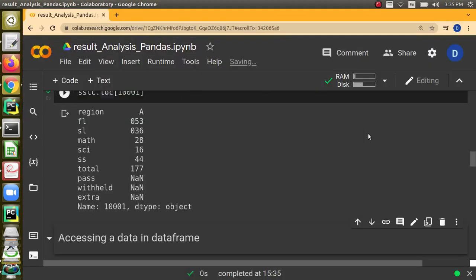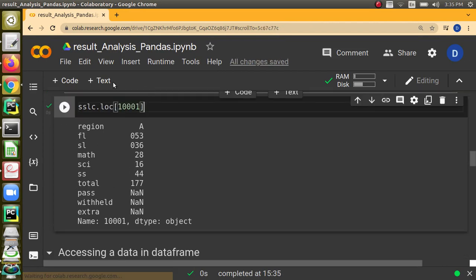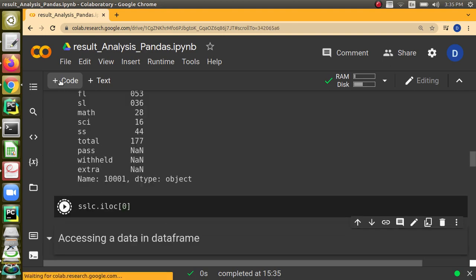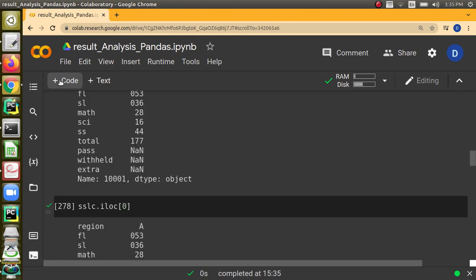I can use either. Once again we can do and see: slc.iloc of 0 will refer to the first row. Sorry, not column, row. First row only.